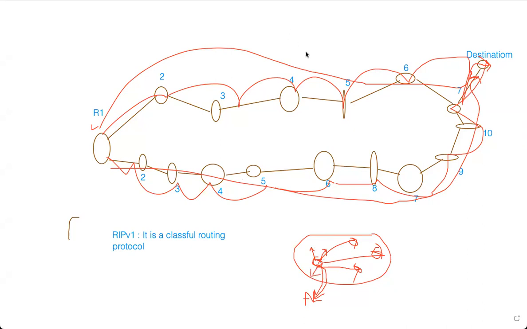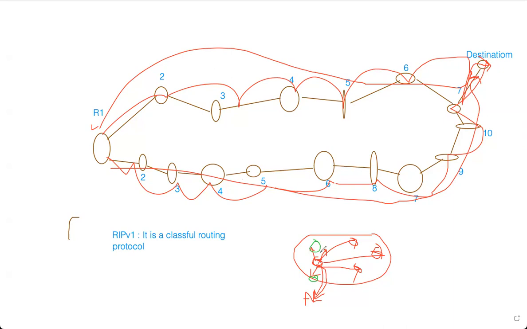For example, there is a person of Team B. They also get the message because RIP version 1 is a classful routing protocol. It does not share its subnet mask, meaning it does not share its group number or the subnet mask with other members. Whereas RIP version 2